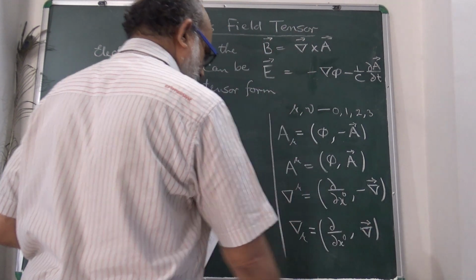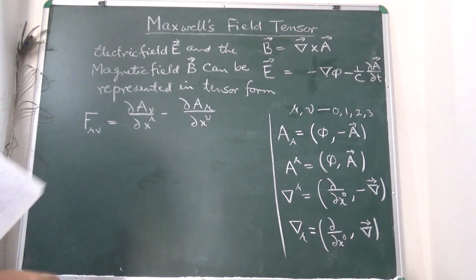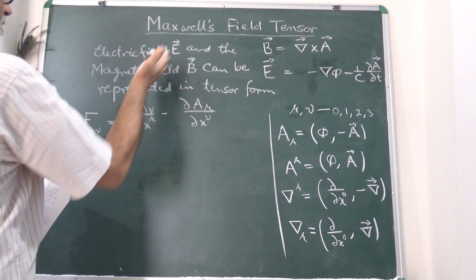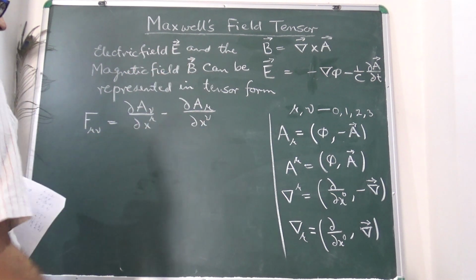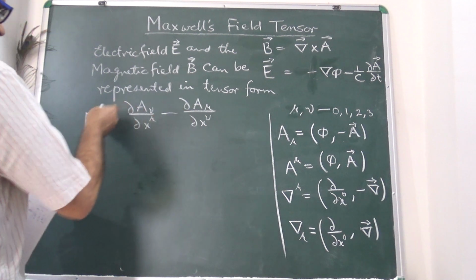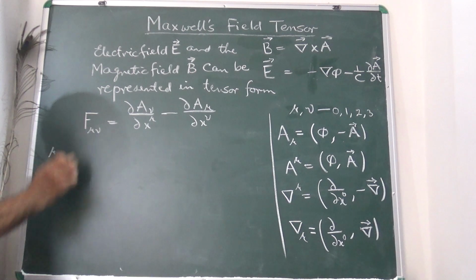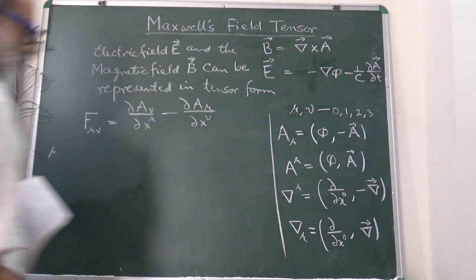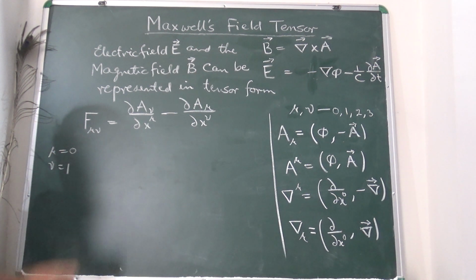So these we will use here. This is our electric field, magnetic field tensor. The electric and magnetic fields can be written in tensor form like this. Now substitute: we have 4 components, 0, 1, 2, 3. Suppose we take mu as 0 and nu as 1. So it will be